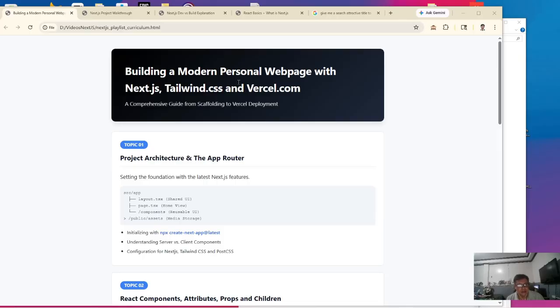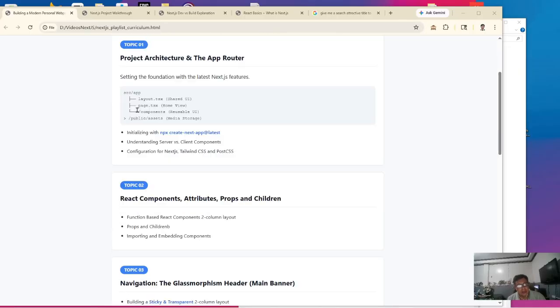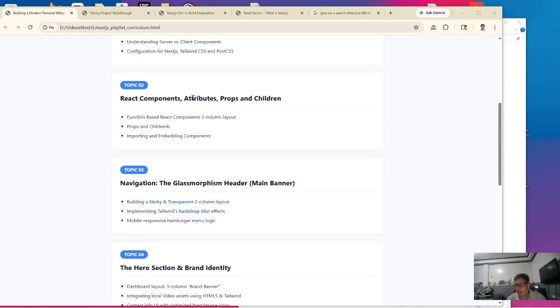So what are we going to discuss? First, we are going to be introduced to Next.js. We will scaffold our first project and walk you through the different components of your project. I will also explain how Next.js or React.js is executed by NPM. Then we will proceed to a brief, very simple explanation, because it's needed, on React components, attributes, props, and children. The simplest discussion that we can have in order for us to build our web page.